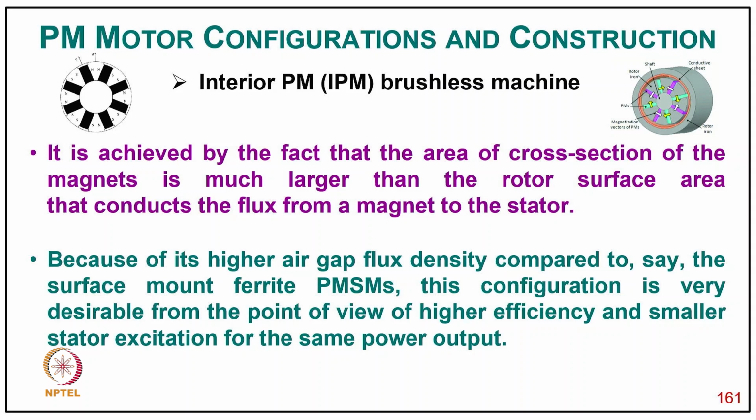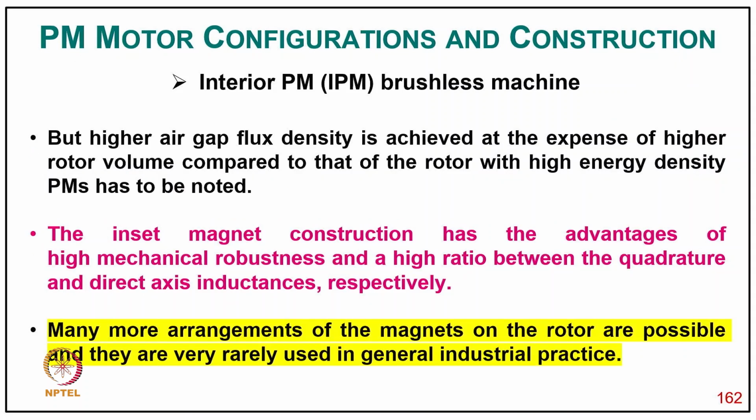PMSM. This configuration is very desirable from the point of view of higher efficiency and smaller stator excitation for the same power output. But the higher air gap flux density is achieved at the expense of higher rotor volume compared to that of a rotor with higher energy density magnet. And the insert magnet construction has the advantage of high mechanical robustness and high ratio between the quadrature and direct axis inductance, and many more arrangements of magnets on the rotor are possible,